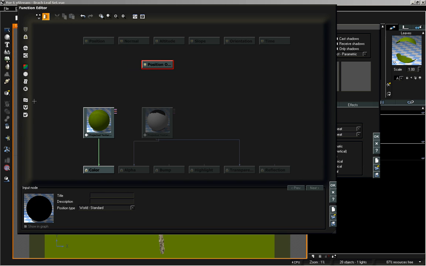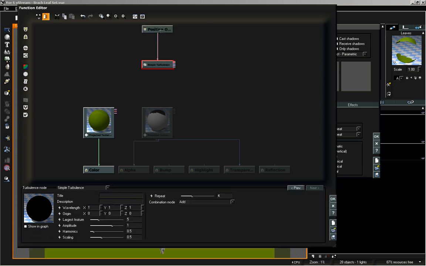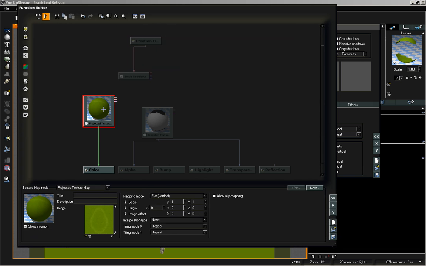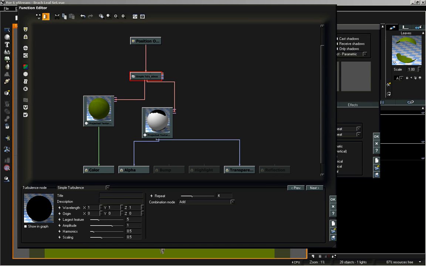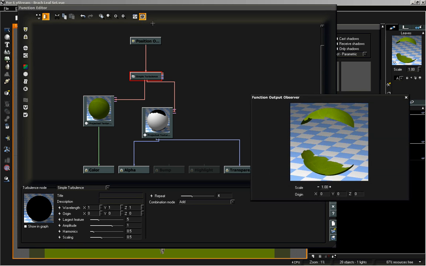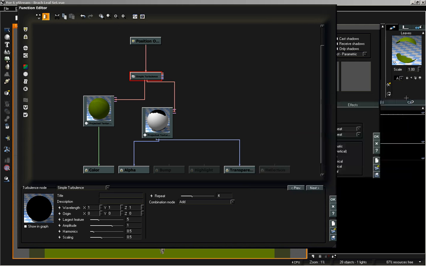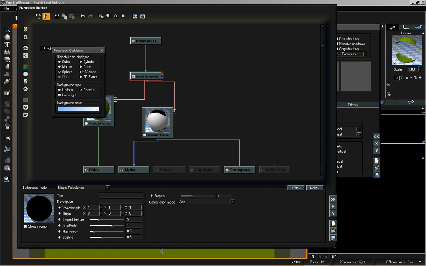Then with that selected, I'm going to add in a Turbulence node and connect our origin from both our clip and our color into that Turbulence. If we open up our function output observer, we'll be able to see the leaf, although right now, with our viewing options, we can't really see the change. So what we need to do is change our option for viewing our material. Go to Preview option, and I'm going to select 2D plane,